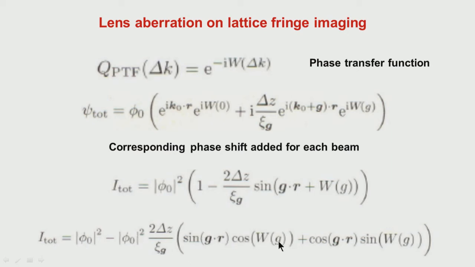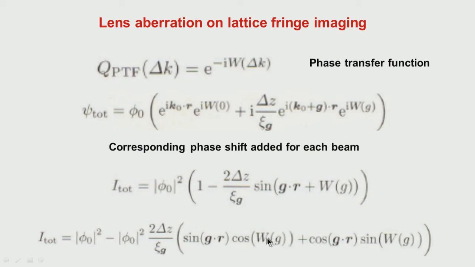sin g r into cos W g, okay. And then another term which comes is that, when the spot is very close, the cos term turns out to be that. This is when the sin term turns out to be 0, and that essentially means that the spot is very close to it. We may not be seeing much of a fluctuation, okay.